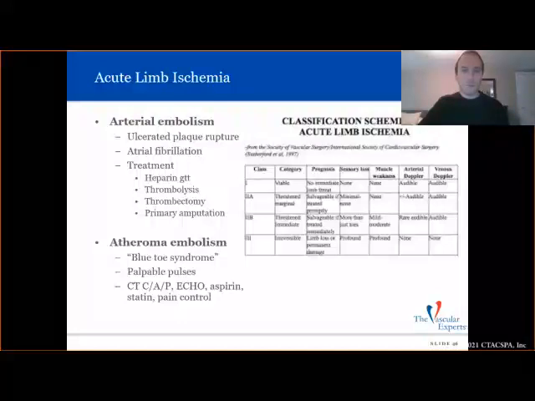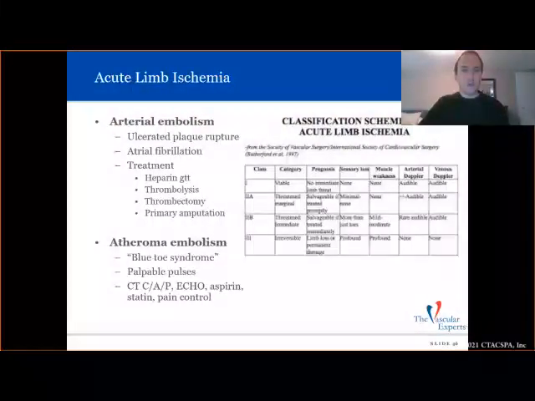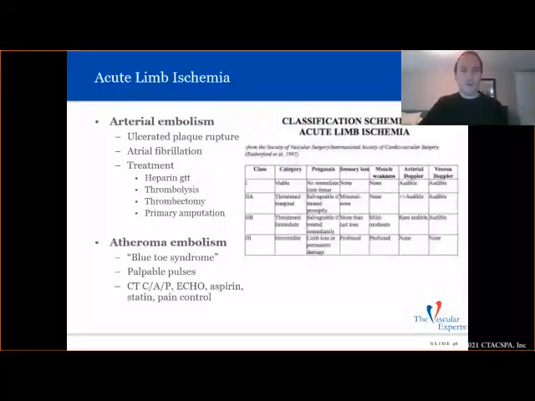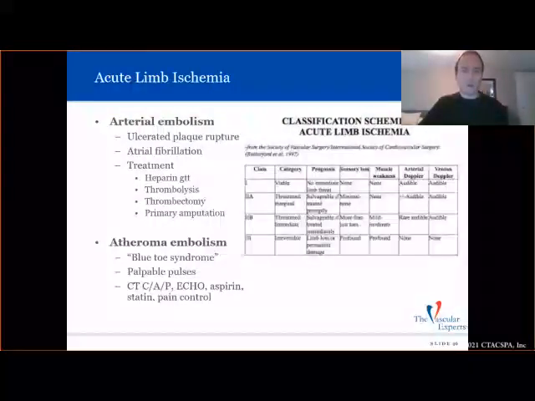Acute limb ischemia I mentioned before. The most common reason to have acute limb ischemia is no longer AFib, probably due to all the patients being on anticoagulation now and the DOACs. It's actually plaque rupture. So it's an atherosclerotic plaque that ruptures and you get distal occlusions and ischemia. You want to put these people on heparin and then treat them with either thrombolysis percutaneously or thrombectomy open versus